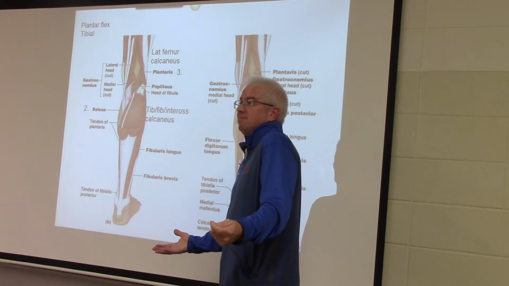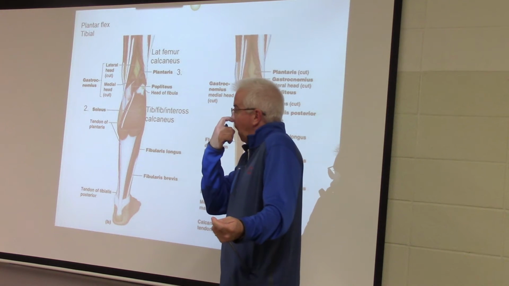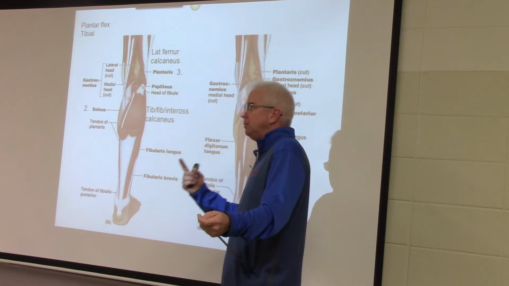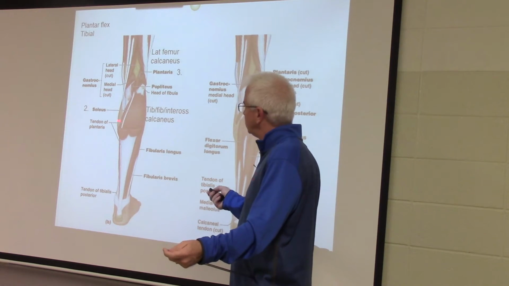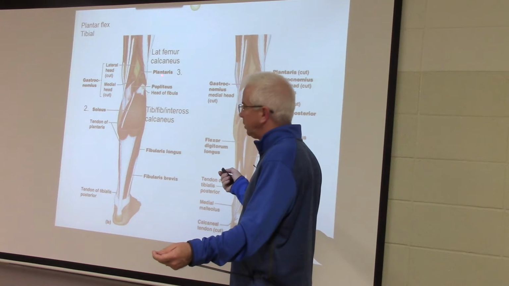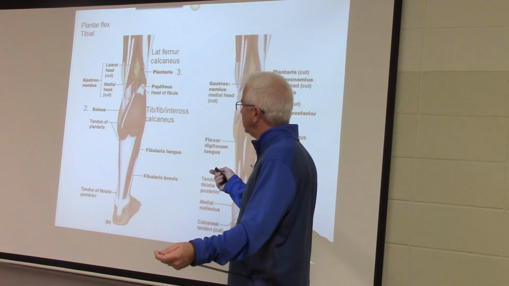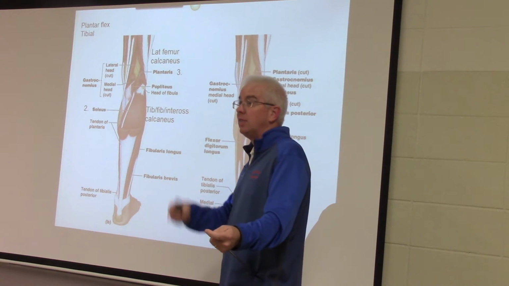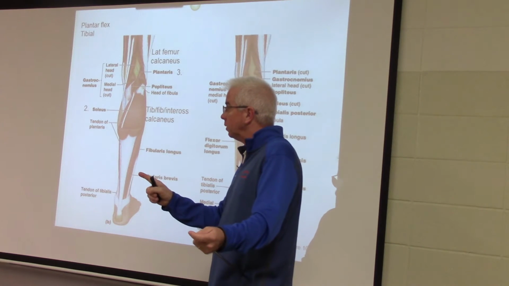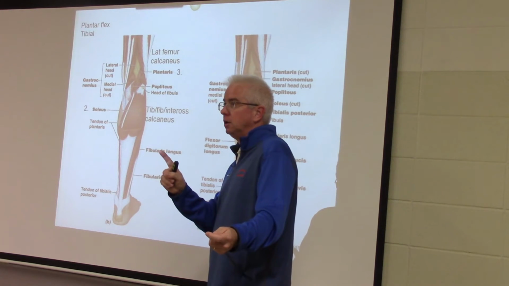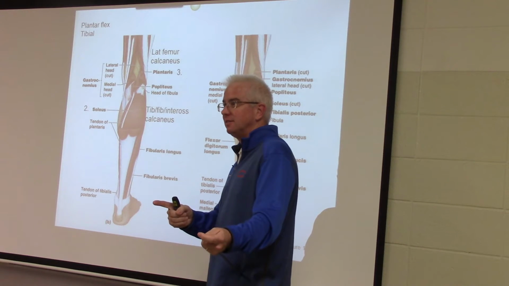Tri means three. So what three are we talking about? Medial and lateral head of gastrocnemius, and soleus. These are the triceps. Now, notice what I just told you a second ago. This one, the plantaris, attached to the lateral femur, also joins the calcaneal tendon. And so in your cat, that's going to be distinct. The problem students have in the laboratory is distinguishing the soleus from the plantaris,